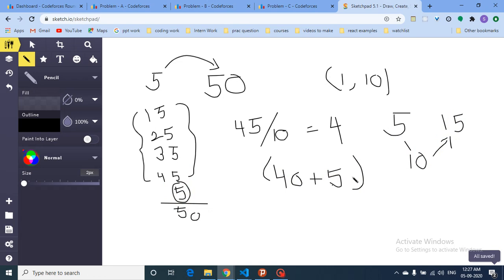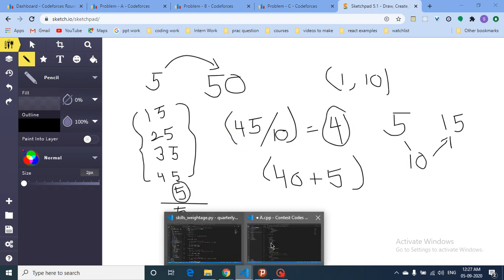So you just have to check whether, after adding some 10s, you also have to add some remainder value to reach the target. If not, then the answer is just how many times you added 10. So just divide that difference by 10, which gives 4 here, and then if there is still some remainder, add 1 to it. If there is no remainder, this is the answer. I hope you understand the logic part.